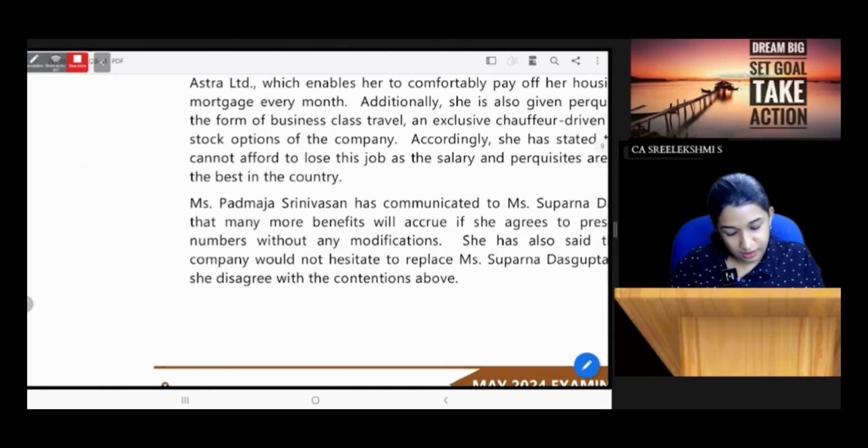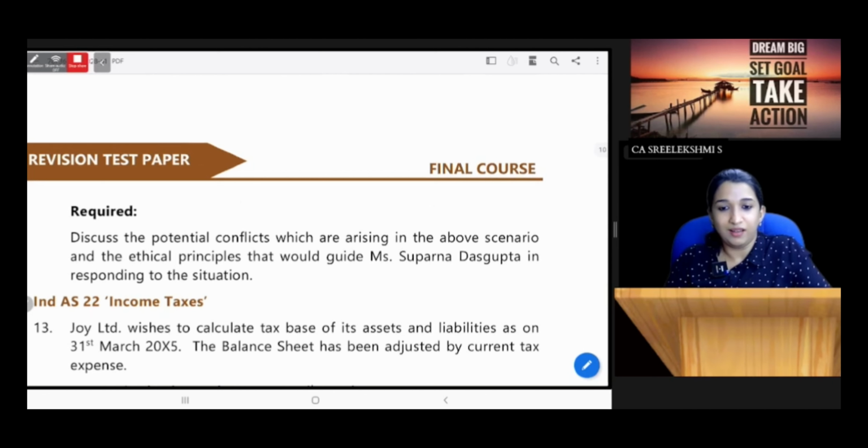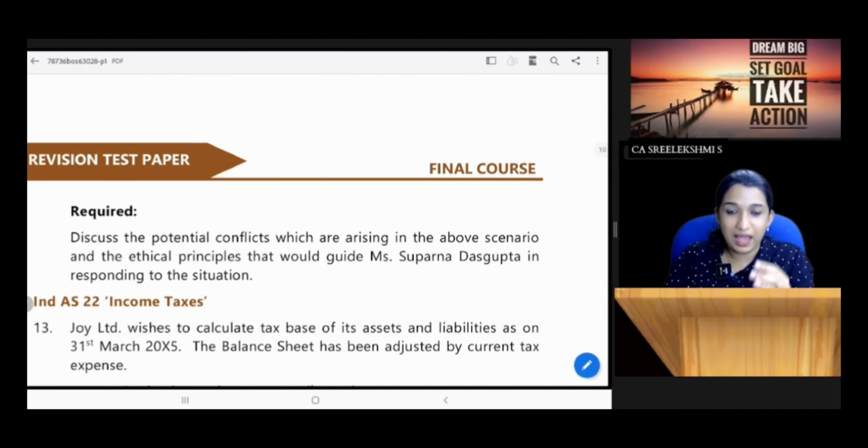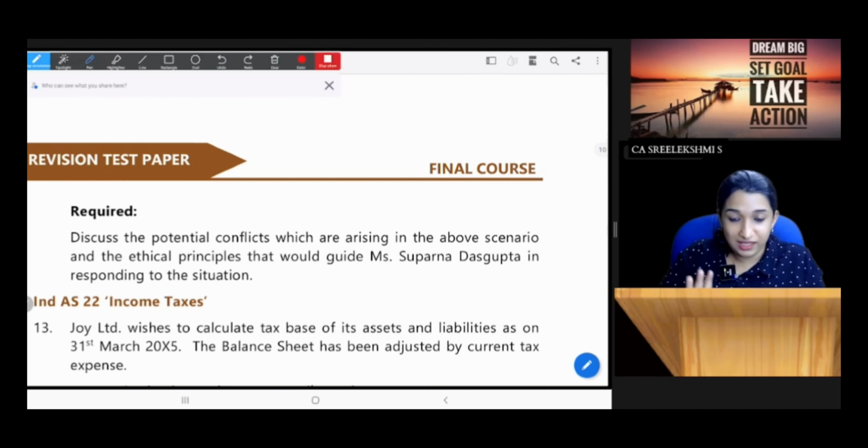Then discuss the potential conflicts. From the question regarding that threat and what she is getting, from our FR point of view, Ind AS 115 provisions only apply. Then from the auditing point of view, the final answer is that you have to write that whatever it is, our chartered accountant should not be